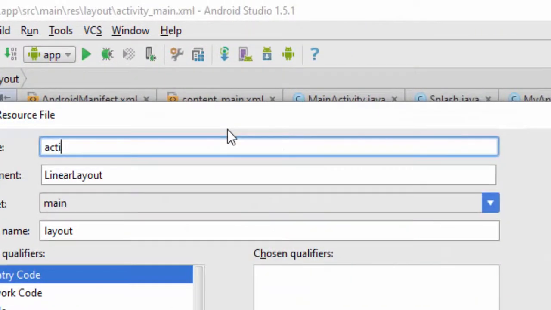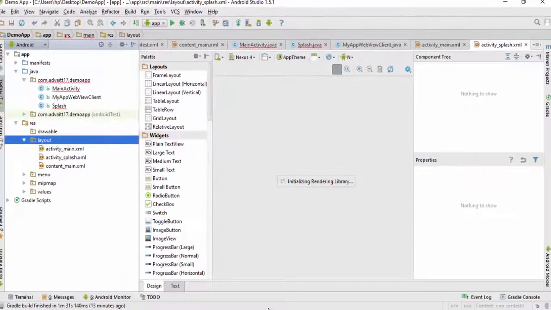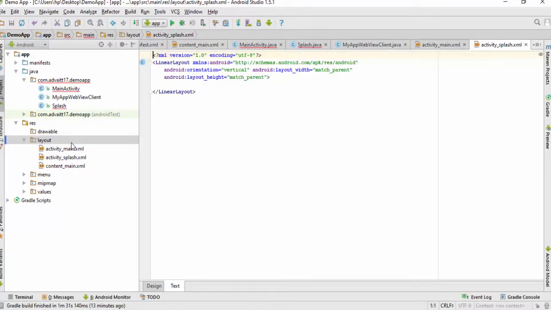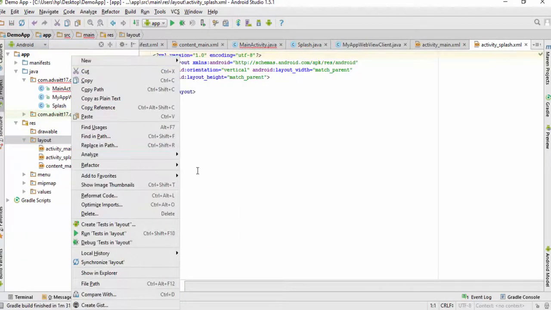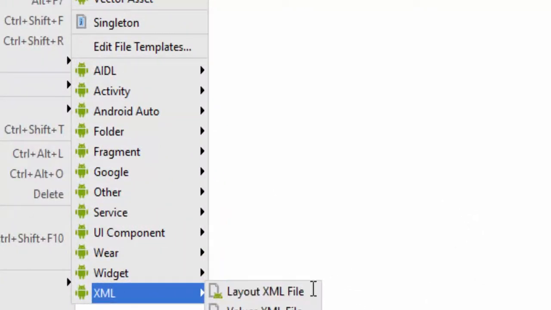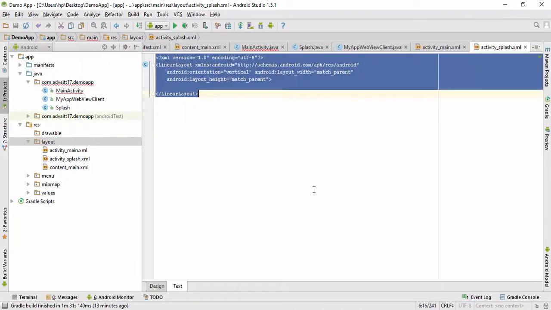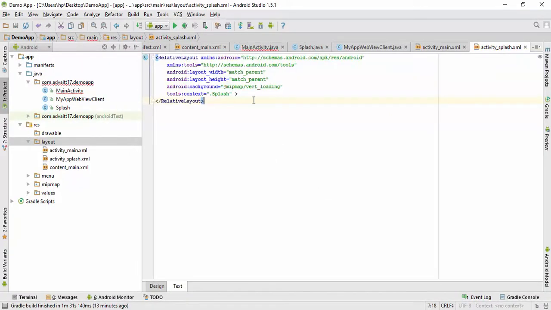If you type here activity underscore splash, it will be the same only. Okay, and if you go through new and XML layout XML file, this will also be the same. So it's up to you, whatever your choice is.